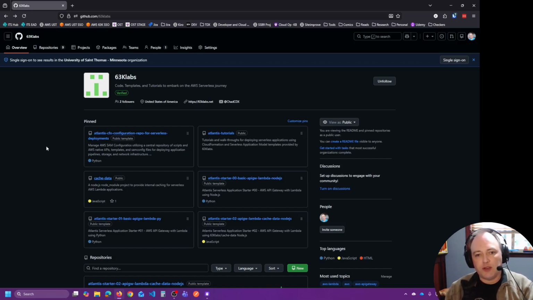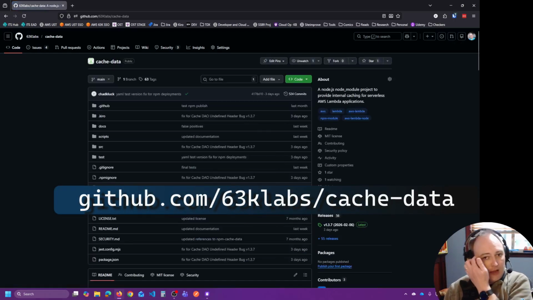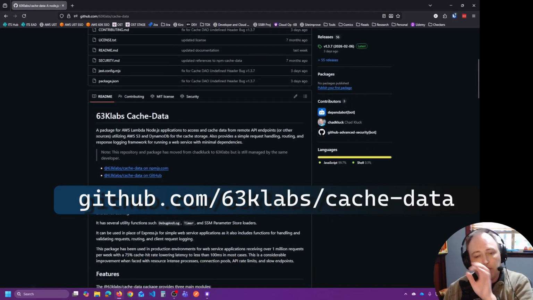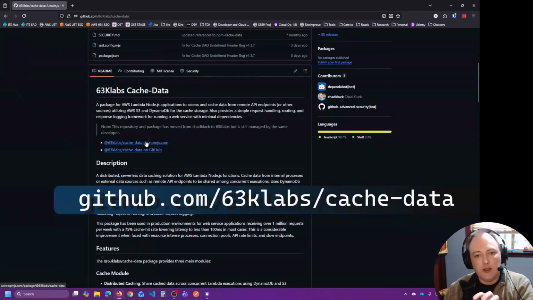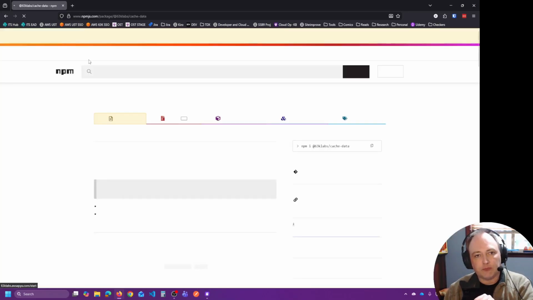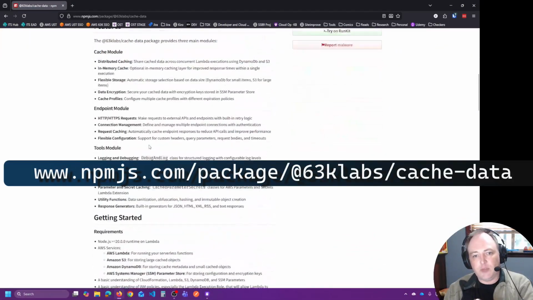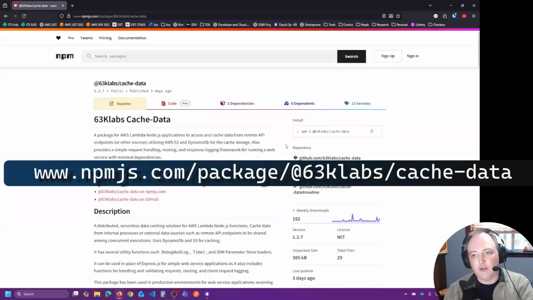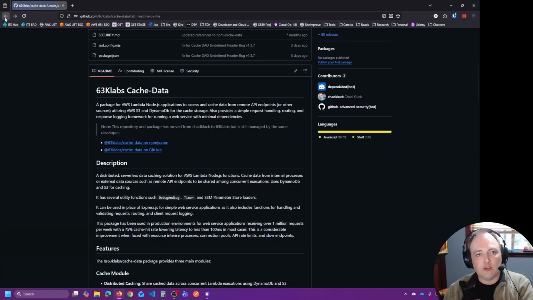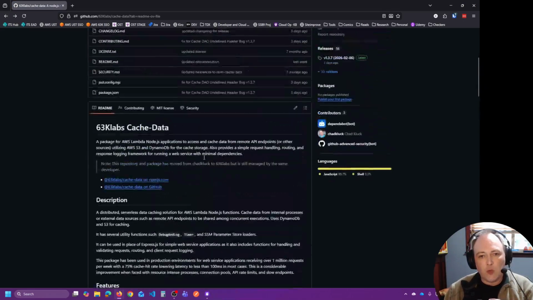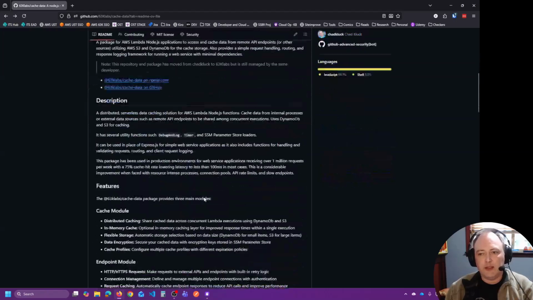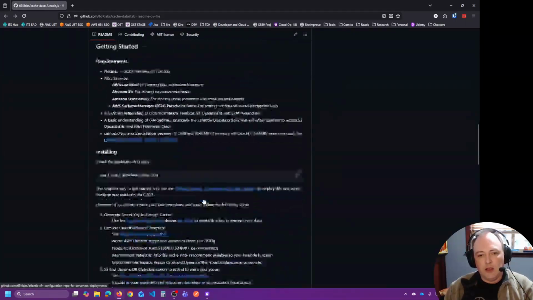What we're going to be focusing on today is this package here called cache data. It's actually an npm package. So the README and all the code is here, but if you wanted to check out the npm package, it is on npm, and you can include it in your projects as well. And again, there's documentation on how to do that on this site. So what this is,